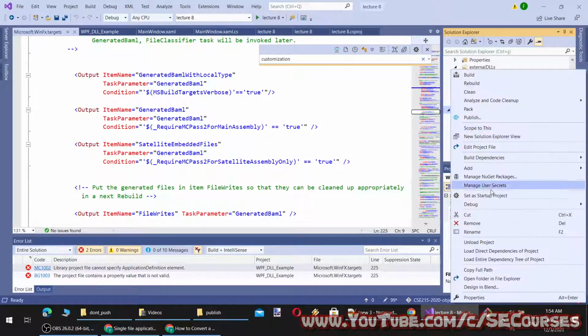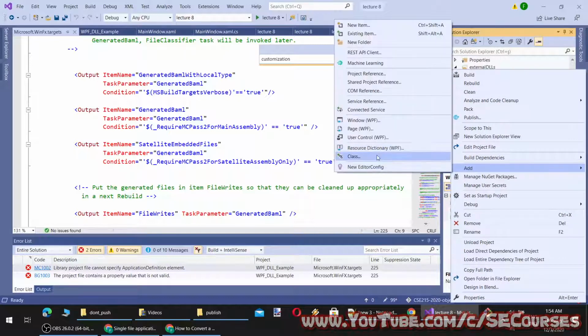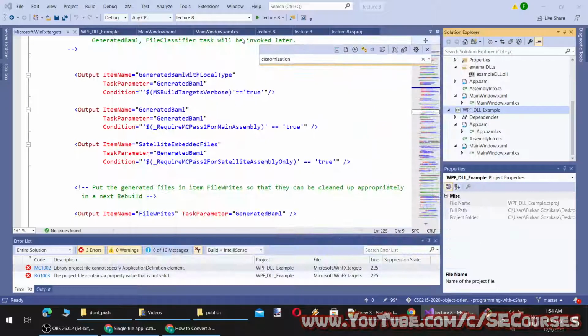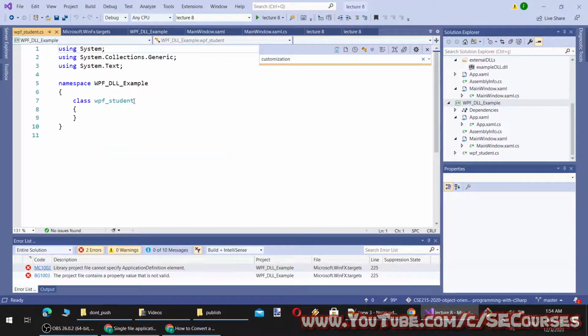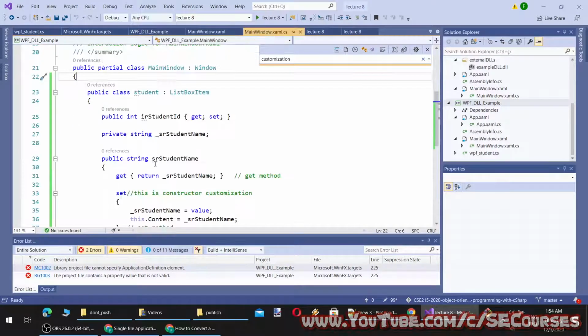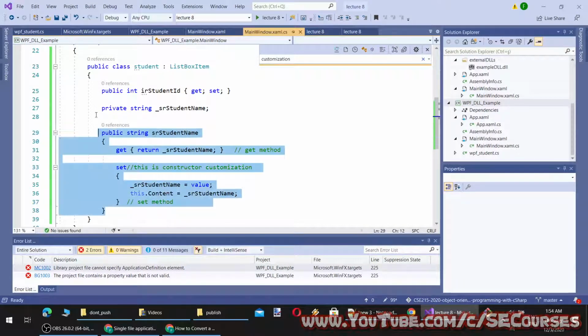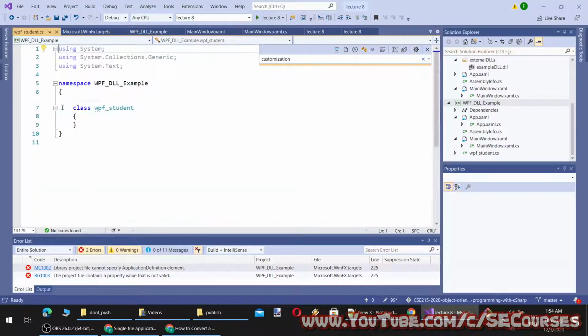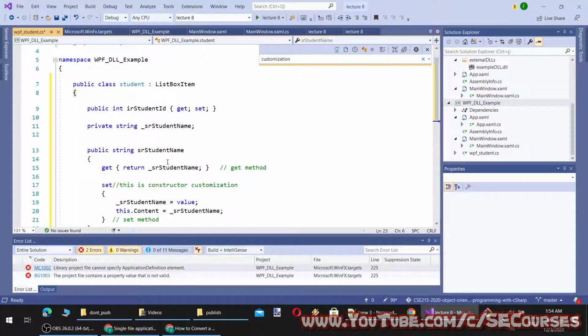So I'm going to add a class and let's call this WPF students. And let's copy and paste our class like this.